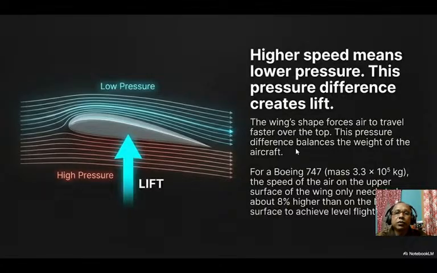Higher speed means lower pressure. This pressure difference creates lift. The wing's shape forces air to travel faster over the top. This pressure difference balances the weight of the aircraft. For a Boeing,